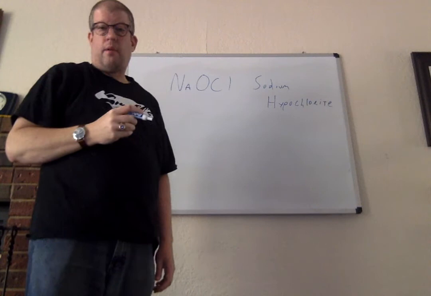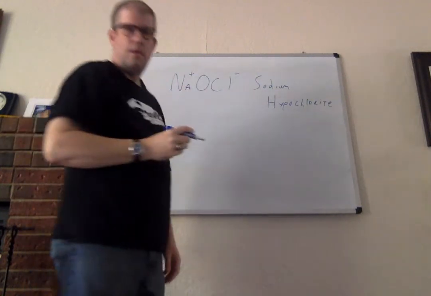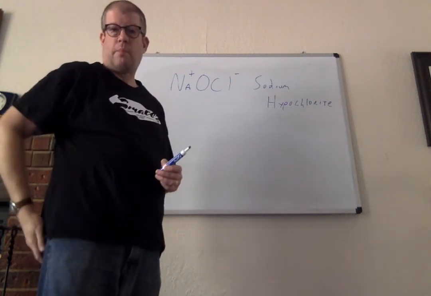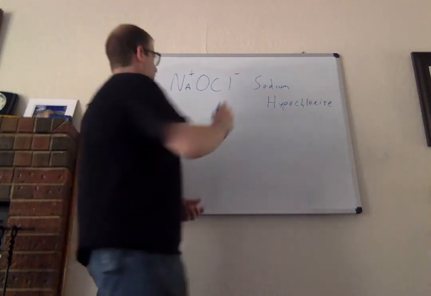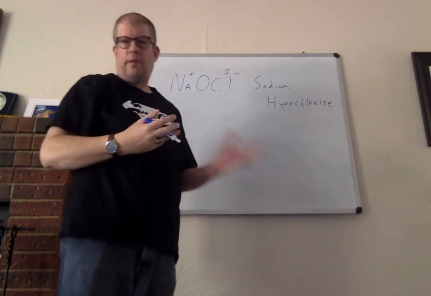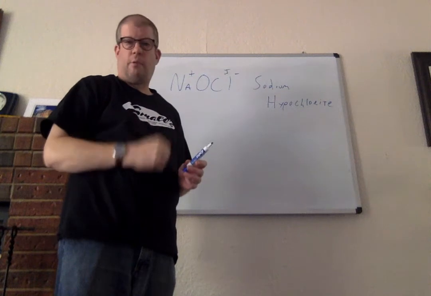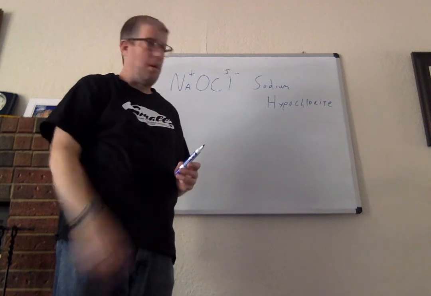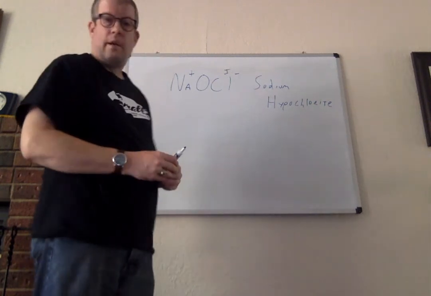So a couple of things about it, right? This is a salt, and so the sodium is positively charged, and the ClO minus anion, which is the hypochlorite anion, is negatively charged. And so here, chlorine is actually in a formal +1 oxidation state. So all the halogens actually can do this. They can be in the -1 oxidation state as the halide, and they can have formal oxidation states of 1, 3, 5, and 7. And when you get up to 7, that's also kind of bad news, and we'll see about that in a bit as well.